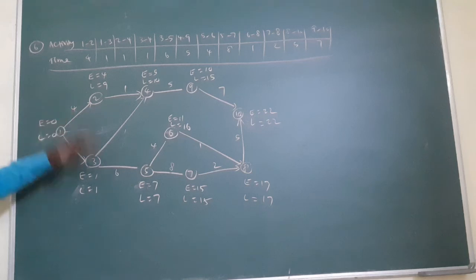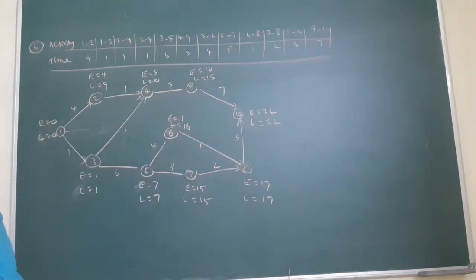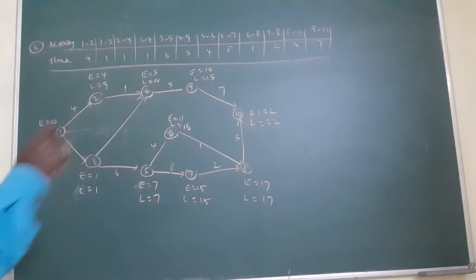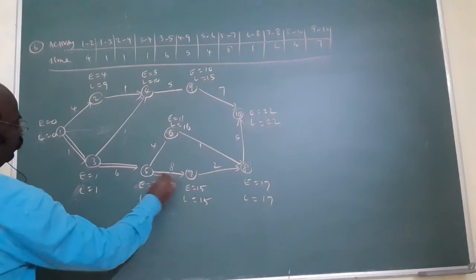Now all the L's are found. Am I right? This is the important concept. Now from this diagram, as usual, you will find EST, LFT. In this way, you will find it. This is a very important concept. Put the arrows over clearly. And also, here which is the longest route actually? Don't you know? Put the double line. This line. Am I right?